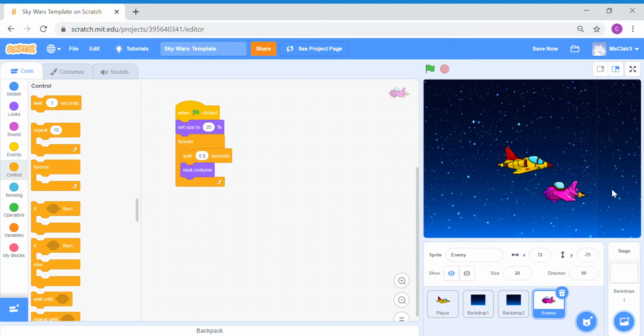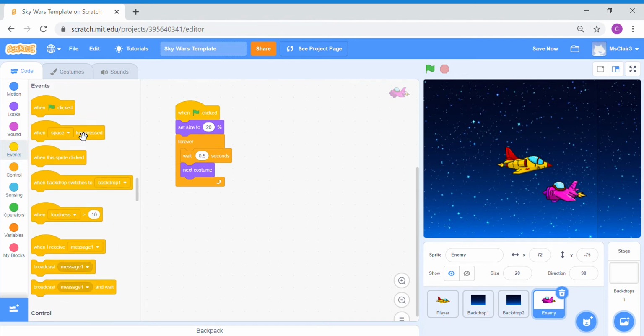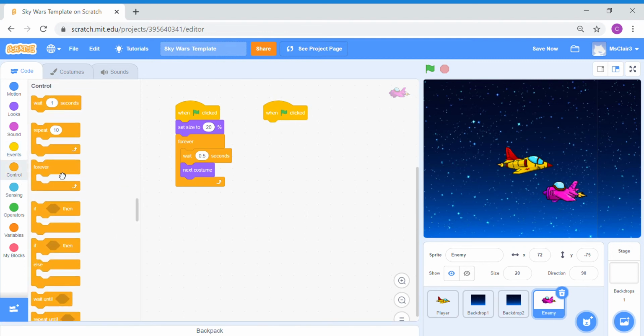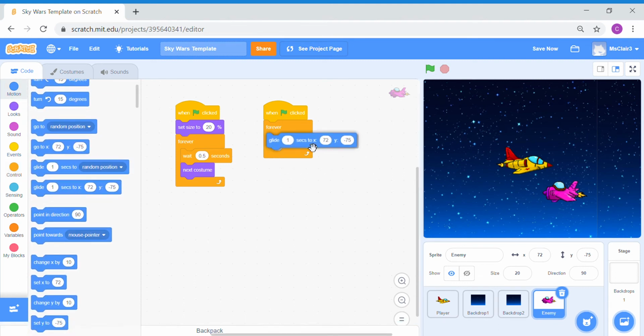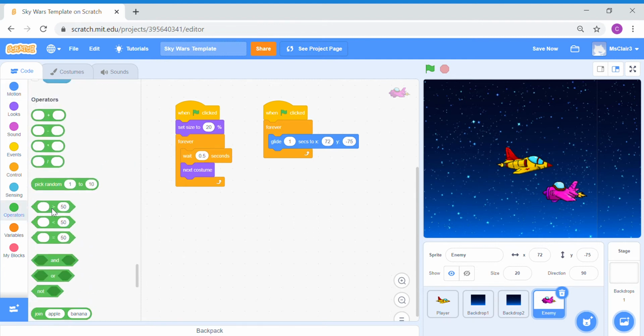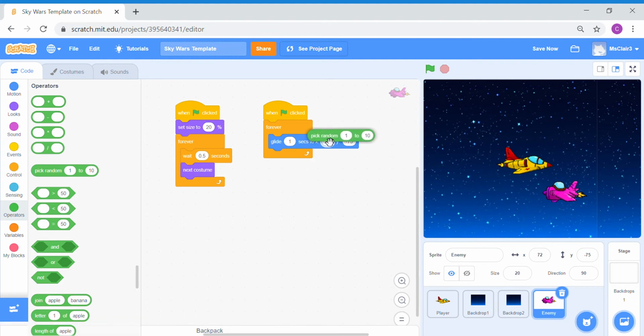Okay, now I'm going to give a code to my enemy sprite such that it can move automatically around the game screen on its own, but I will limit it just to the right side of the screen. So I'm going to pull out another green flag click block. When green flag click, forever, I want my enemy sprite to glide 1 second to, I'm going to limit the X and Y position range. So X equals to pick a random 50 to 200. So this means that our enemy sprite will be floating around this range of the game screen